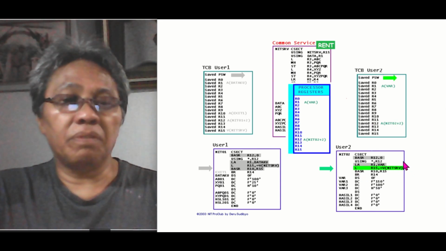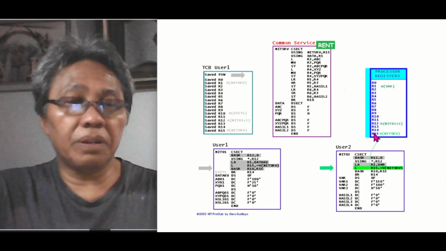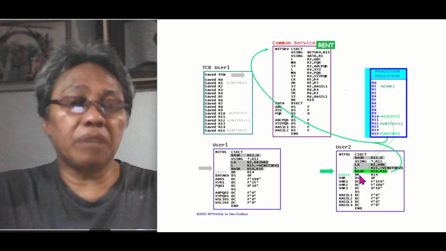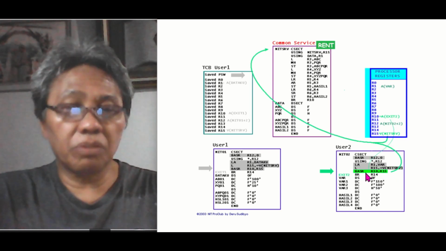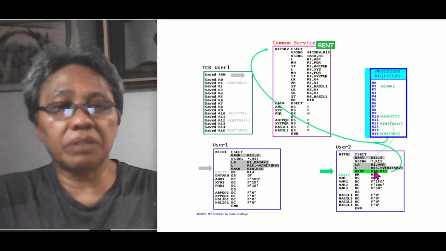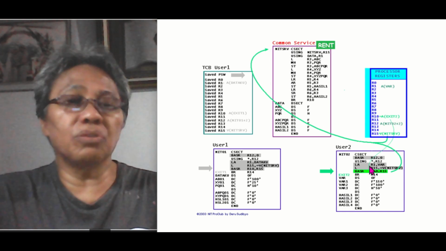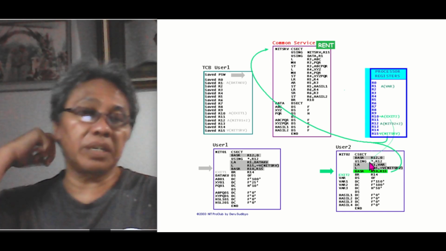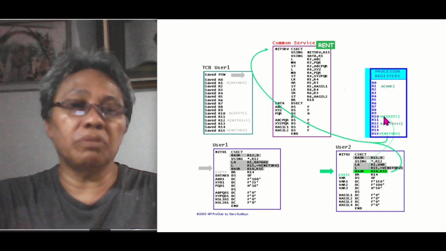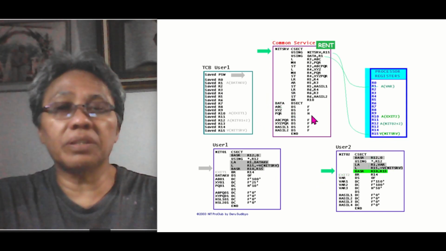Load address of needs served module into register 15. So register 15 contains the address of this module. Next is branch and save to the address contained in register 15, which is this module, and save the next sequential instruction address into register 10. Register 10 will contain the address of exit 2, this one, not necessarily labeled as exit 2. Afterward, control goes to the entry point address of needs served.